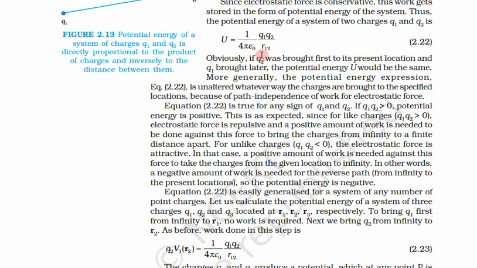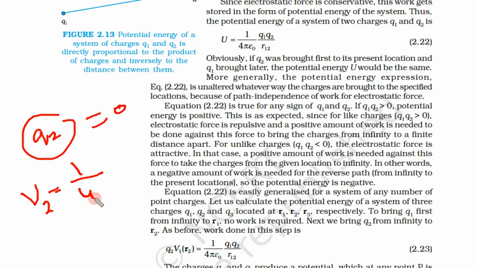So obviously, if Q2 was brought first, the potential at its present location, that means they are trying to say if we brought Q2 first, then work done due to Q2 must be equal to 0. Then what would be the potential? The potential would be 1 upon 4 pi epsilon naught